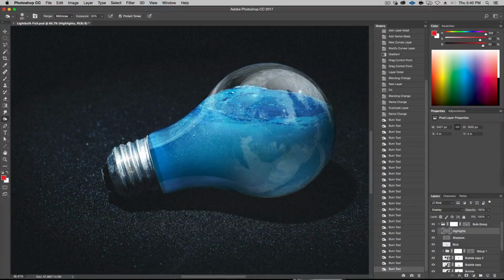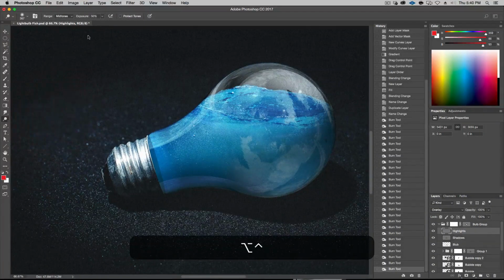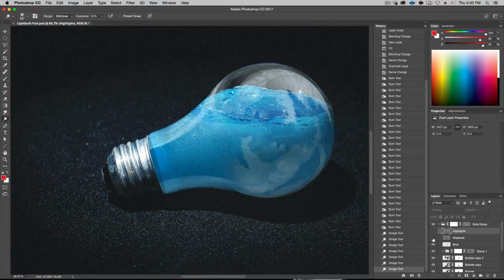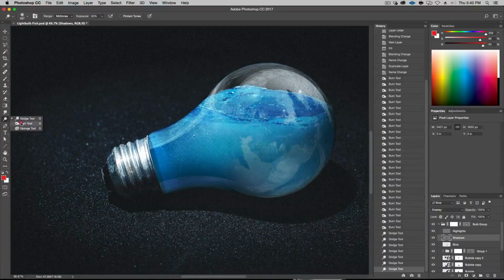And let's go to highlights and do the opposite. So instead of burn, we're going to dodge and midtones. And let's go and highlight around here a little bit, a little here. So it kind of adds that. You see that shadow really came out. See, before I did those, it's like this, and now after, I've added quite a bit of shading. So maybe go back to shadows. I kind of want this bit to be a little darker. Let's go down to burn. Let's kind of darken that a little bit.